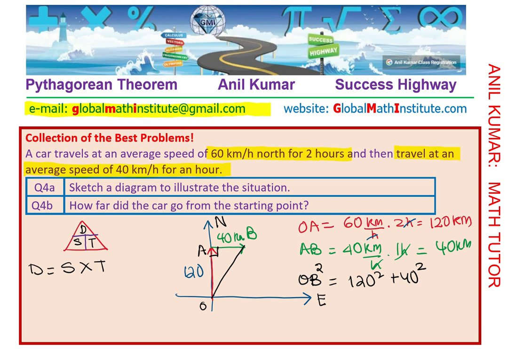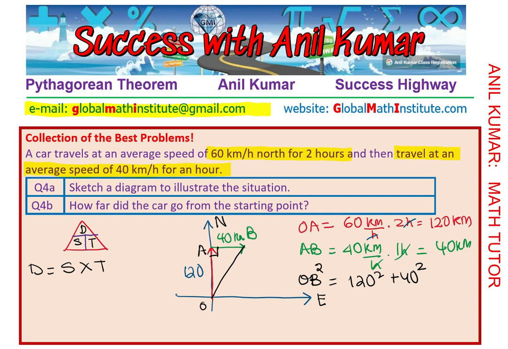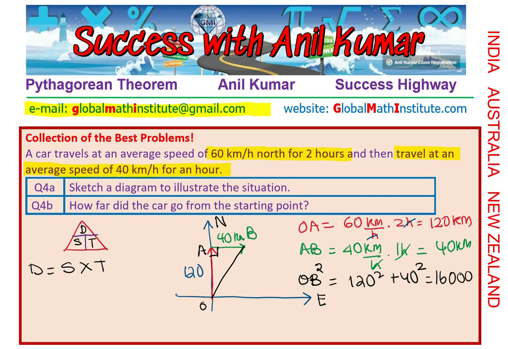So you can use a calculator also. Sometimes the numbers can be very big. So 120 square plus 40 square, right? So that gives you a number which is 16,000, right? And then we know O to B is how much. So let me write down OB will be equal to square root of 16,000,